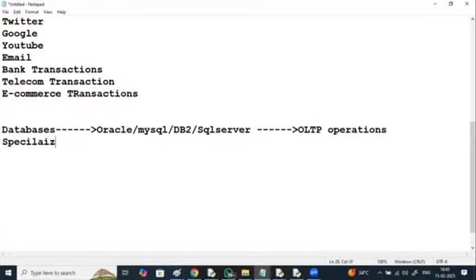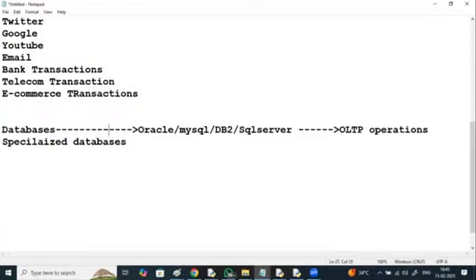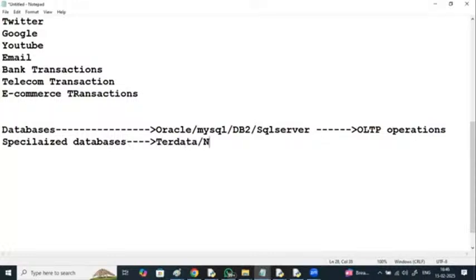And we have some specialized databases which are used for data warehouse operations, like Teradata, Netezza, Vertica.